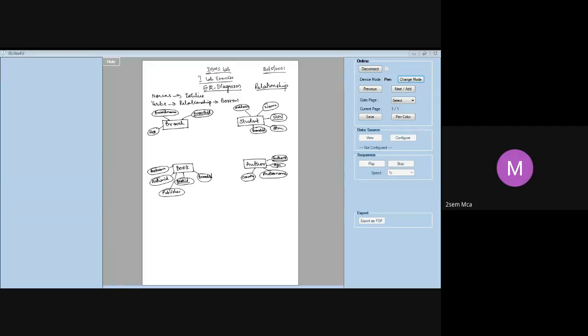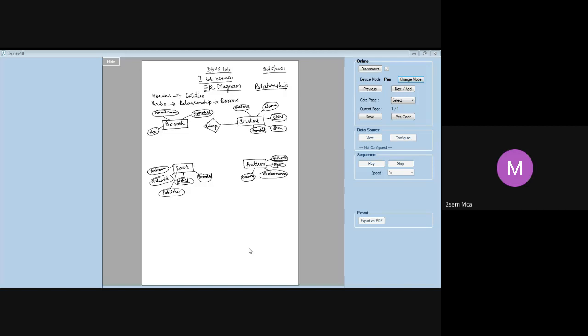Student belongs to a particular branch. Student belongs, student studies. These are all nothing but relationships. There should be some action verb which will relate the student and the branch. So let me put this. Always relationships are shown by this diamond sign. That's a relationship symbol. I will write this as belongs. Student belongs to a branch.